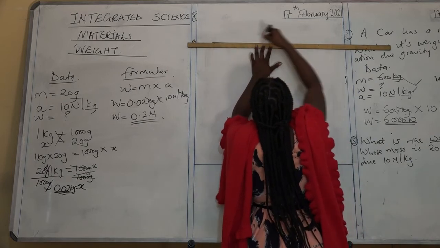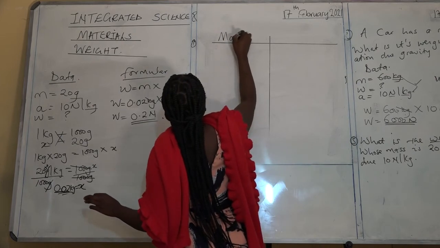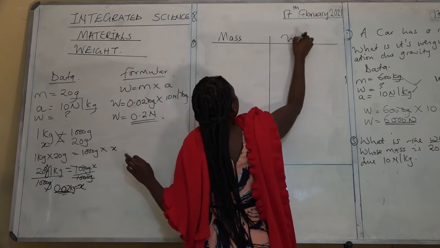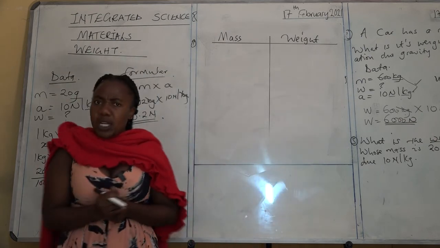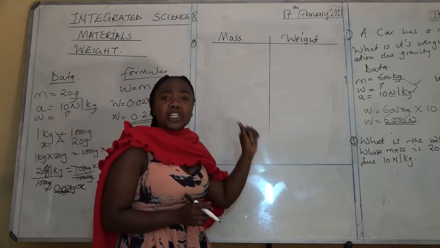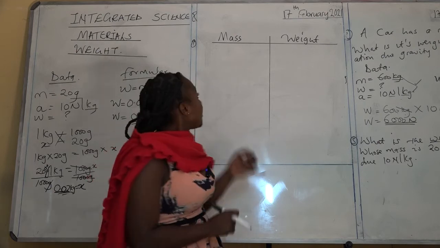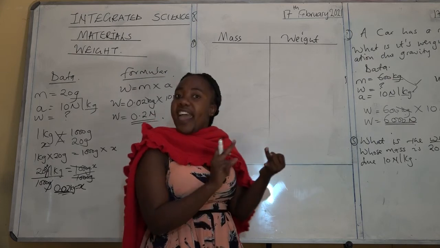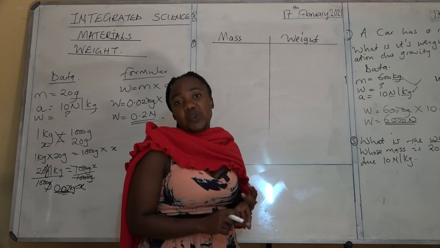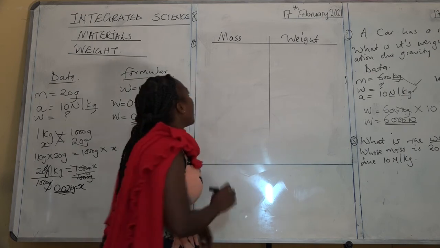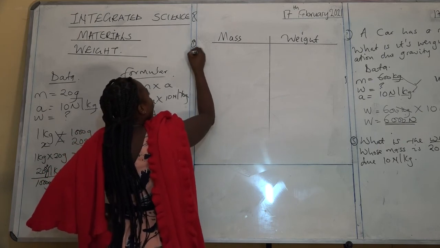We have mass this side and we have weight this side. So what are the differences between mass and weight? You can differentiate the two by their definition, by their SI units or standard units, and by the instruments that they use. So let's go. The difference between mass and weight is that, one,